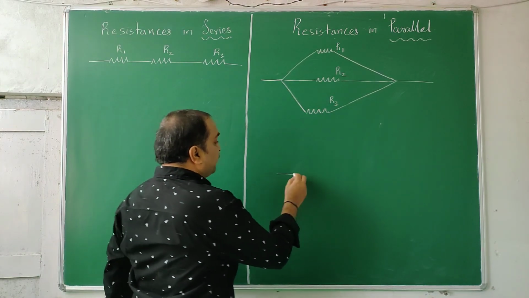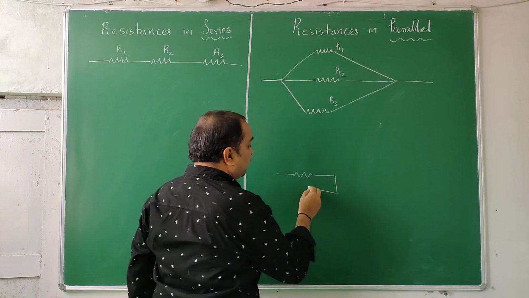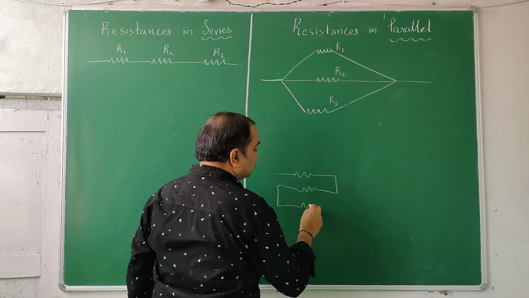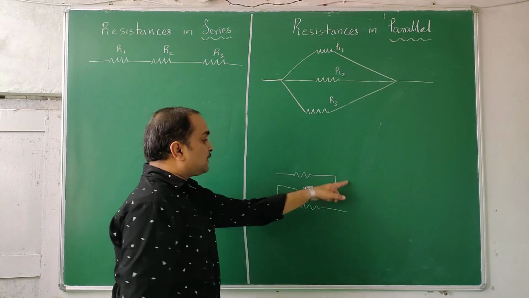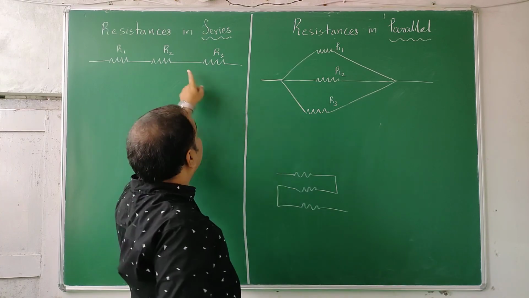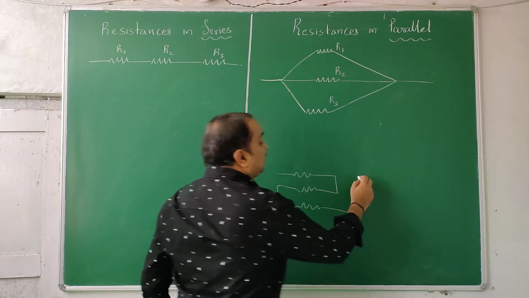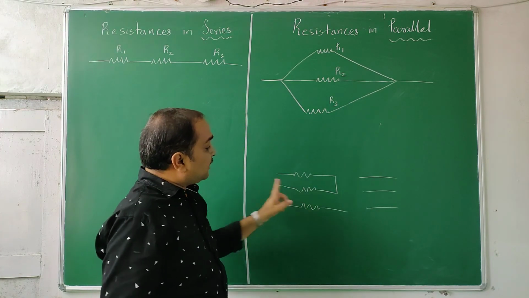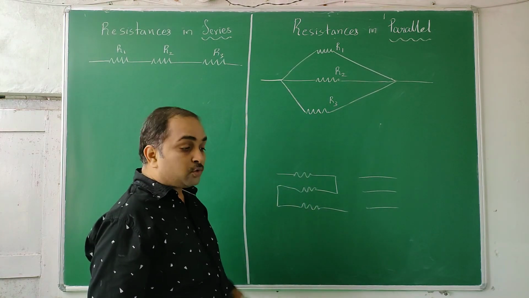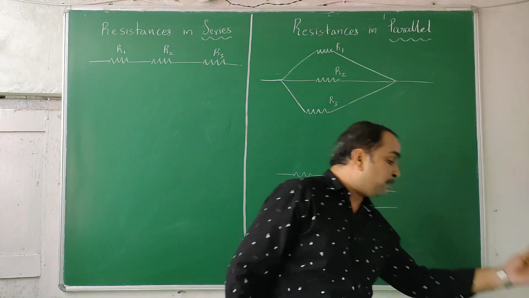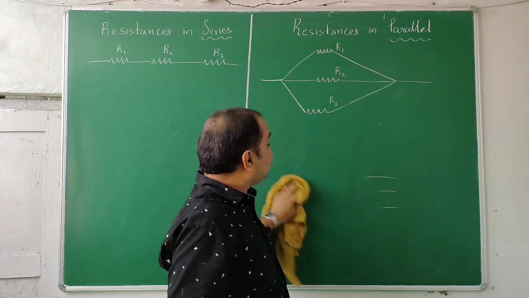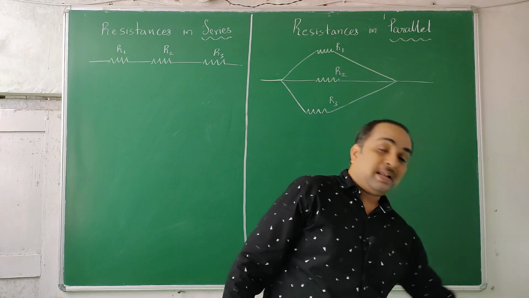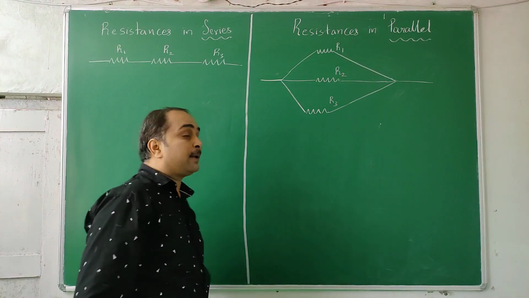Why? Because sometimes if I keep the resistances like this, one below the other, such that current enters like this and goes like this, this is similar to this. Even though they look like three parallel lines as in mathematics, this cannot be called parallel. This is said to be series. Once you define it, you will understand what is parallel and series. In mathematics, one below the other is called parallel lines. That kind of idea is not correct here.